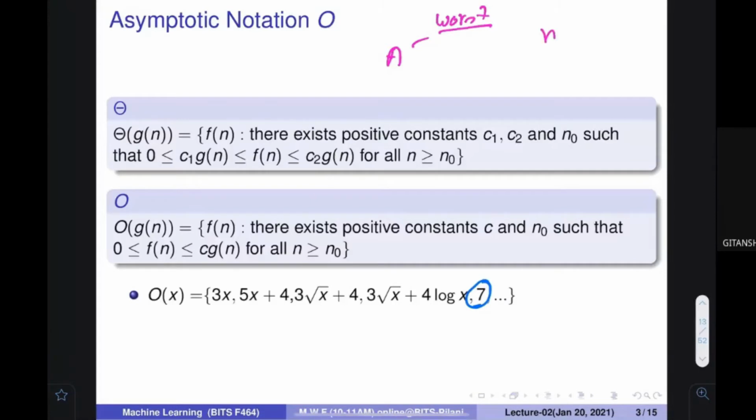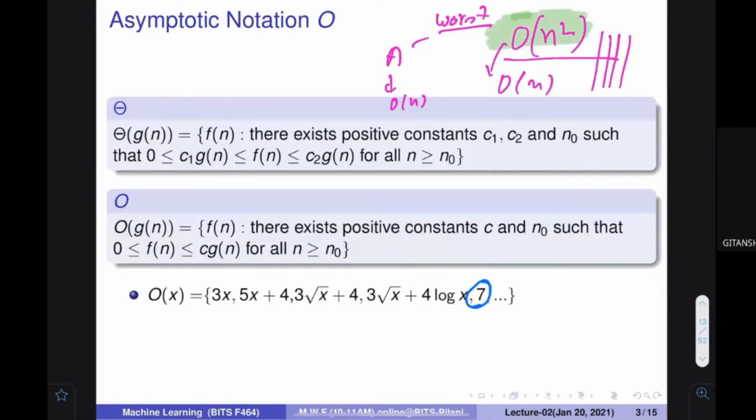So if you know that an algorithm takes worst case running time of order n square, then you can represent it as big O of n square, and the running time of that algorithm is bounded by this particular quantity. Because in this particular set, order of n is also there. So if there is any best case that takes lesser time, that is also covered in this representation. So best cases are also covered here. The most important thing is that if you want to represent the worst case performance of an algorithm, then you can use the big O notation.